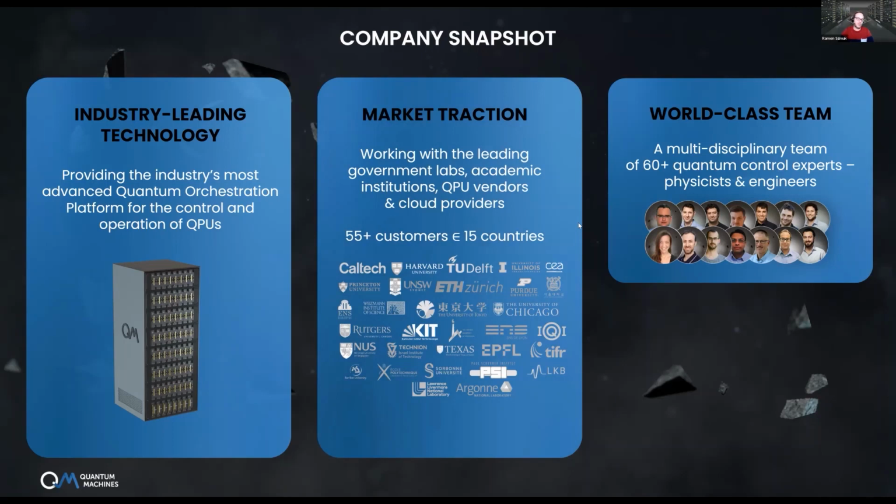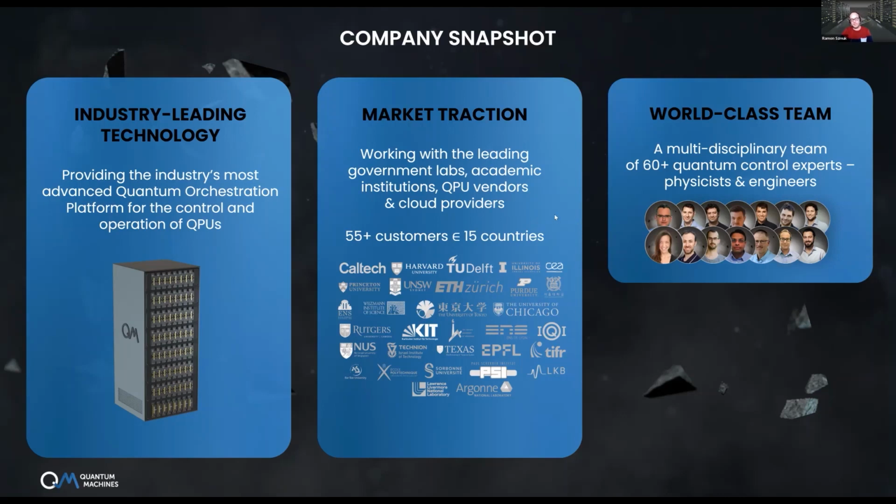The logos you see here are from academic institutions, because we can mostly share the industrial partners we're working with. We have large multinationals as customers, as well as many, many startups, and several startups and academic laboratories working with neutral atom processors. So what I'm going to show you today stems from the interaction with these researchers